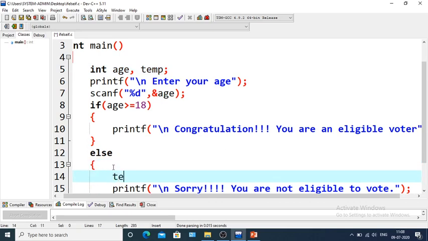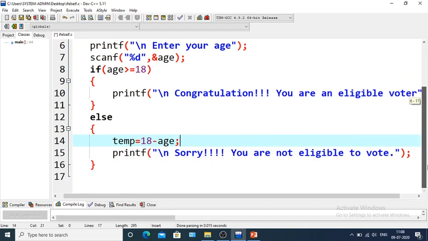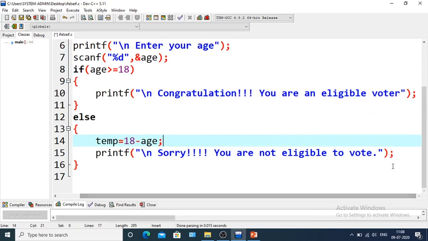So here, in the same, we'll take 18 minus age. Okay. Why 18 minus age? Because his age is less than 18. Okay. So we print: you are not eligible to vote.